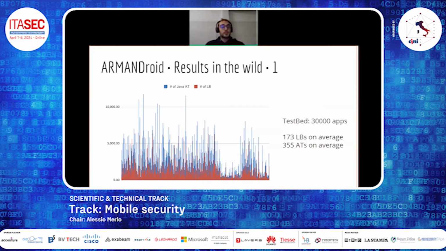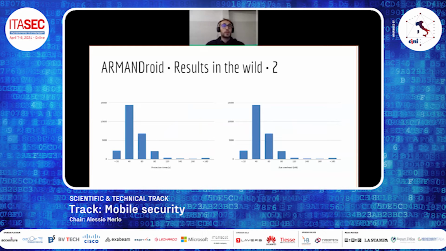So we tested our tool, ARMANDroid, in the wild over 30,000 applications. And in this slide, we report the distribution of the Java anti-tampering controls and the logic bombs injected into the testbed applications.